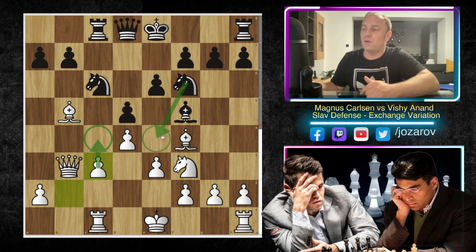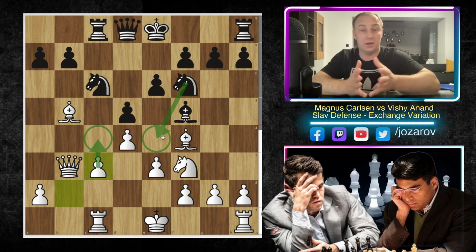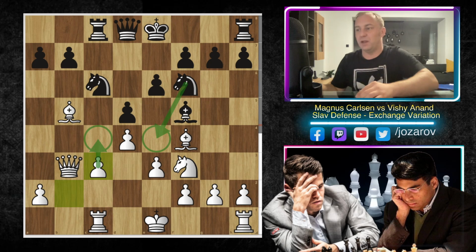But still I kind of like now Vishy Anand's idea to maybe get here this knight on e4. This knight on e4 would be then cemented, would be then centralized. And in the beginning also of the video, in my previous videos, we have said that we want to occupy simply the c4 square, and from black's perspective the e4 square. These are normal strategies, and I think so far a good game here by the legendary Vishy Anand.